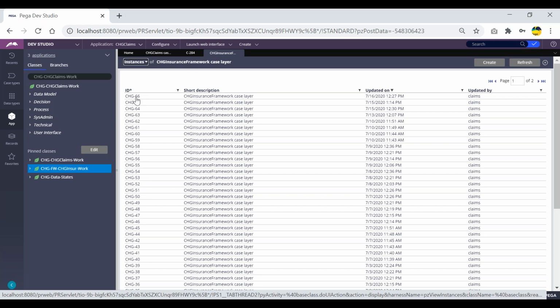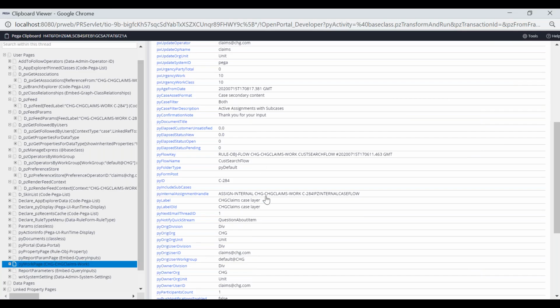The work object ID is assigned to which property of the database table or the clipboard? pyID, you know. So the live example is pyID. We can make use of these py properties, and parallelly, we can edit these properties also. So the importance of py properties is that we can use them for processing, and we can edit them as well. But px values, we can make use of, but we cannot edit.